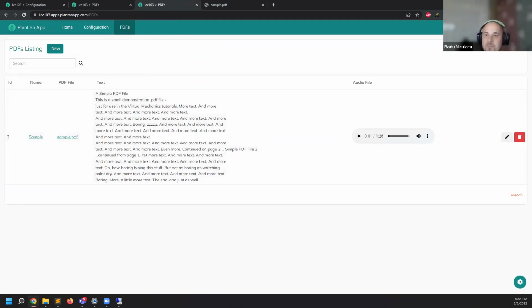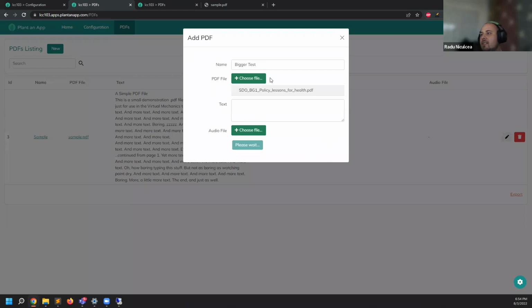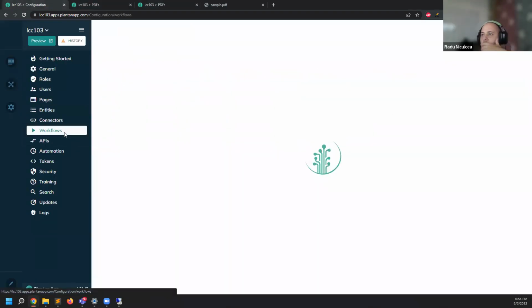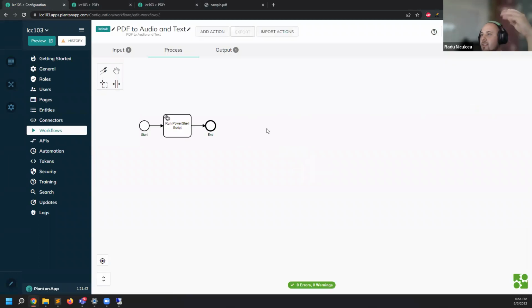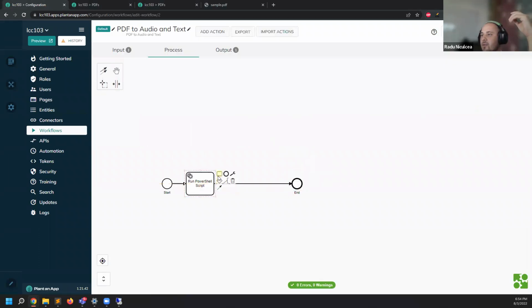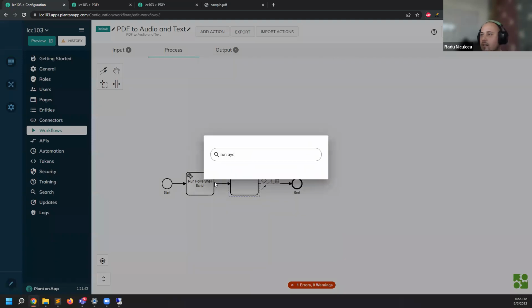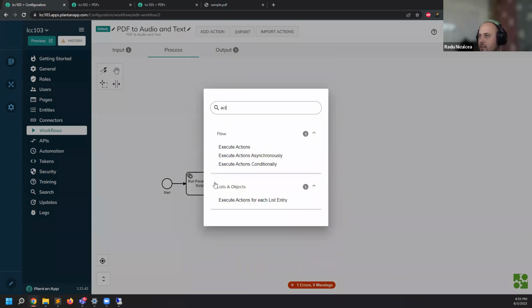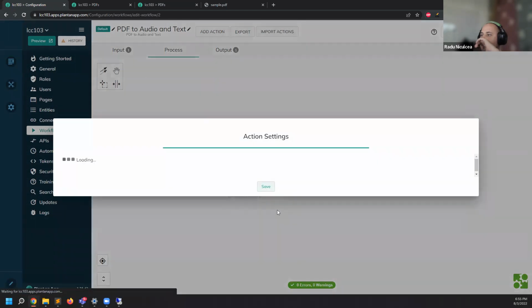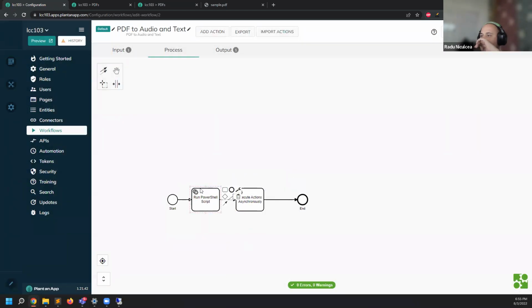So yeah, let me see if I can find a smaller sample PDF, something in a decent, smaller size. The idea is that if this is taking too long, there are options of executing these kinds of processes in an async way. So you have this run execute actions asynchronously. Basically what you can do is move this PowerShell script inside this action, and this will